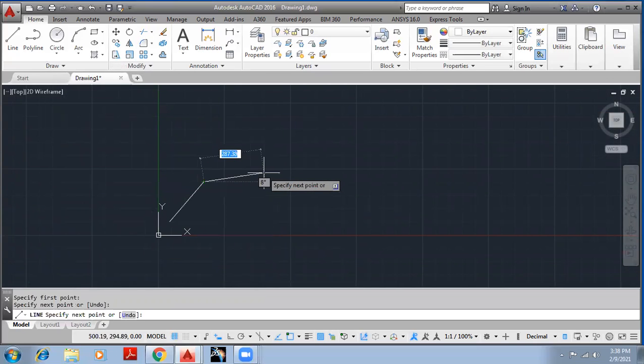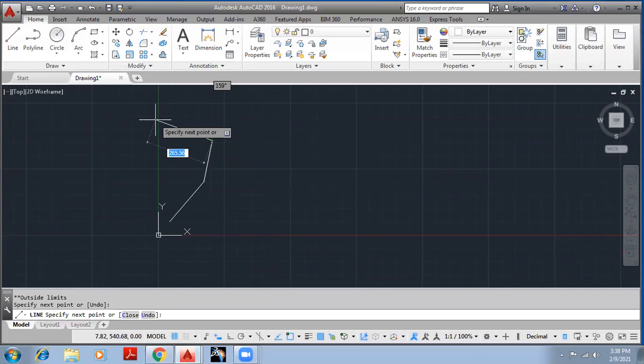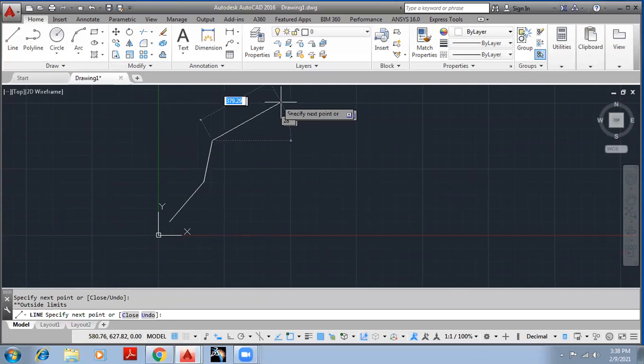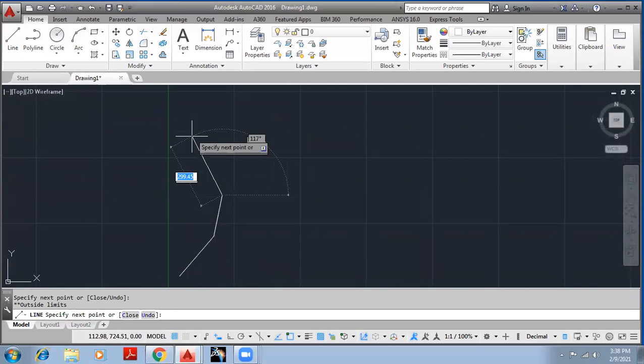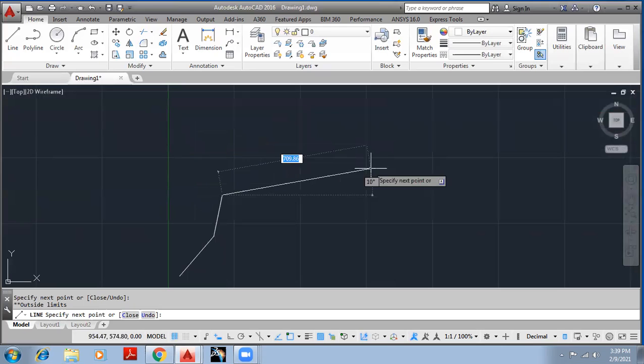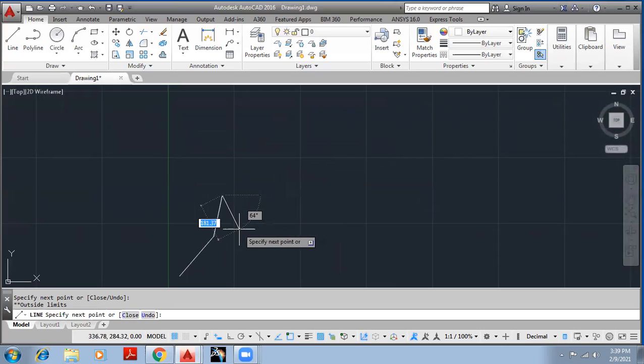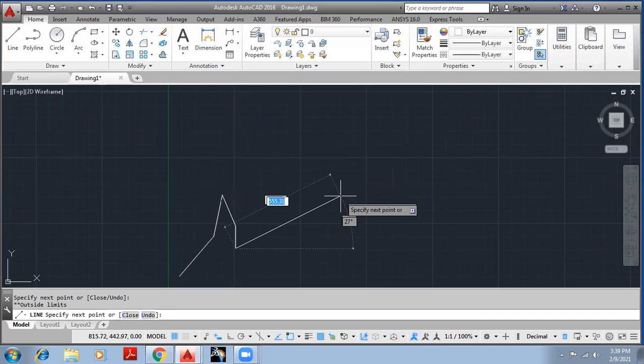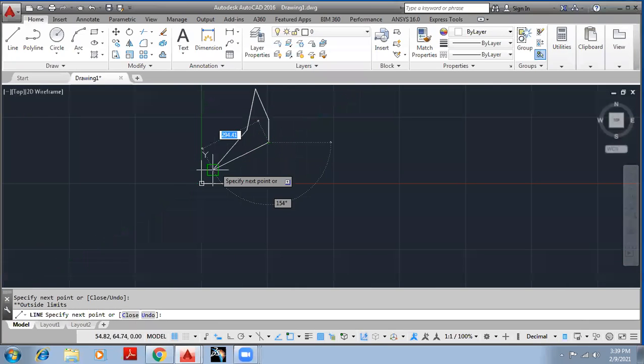If I click inside this space, it will take a line, but it will not take a point beyond. If I come within whatever limit we have defined, it is going to take a point. Clear?